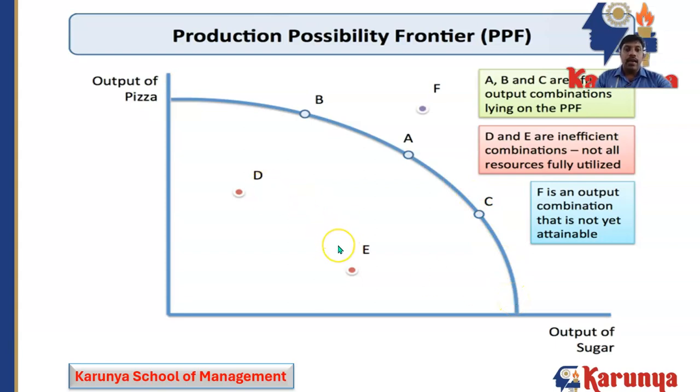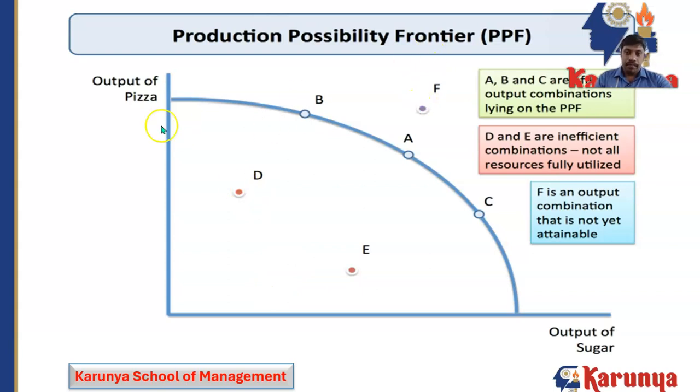And D and E are inefficient combinations. Inside this curve, production is possible, but we are not efficiently utilizing the resources to produce goods and services. That results in more wastage, and most of the time we are not using the untapped resources. For example, take rainwater. How many of us are using rainwater effectively and efficiently? It is a question mark. So it will be considered an untapped resource. The points D and E clearly show the inefficient use of resources.